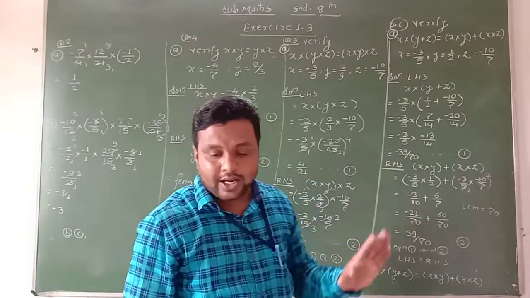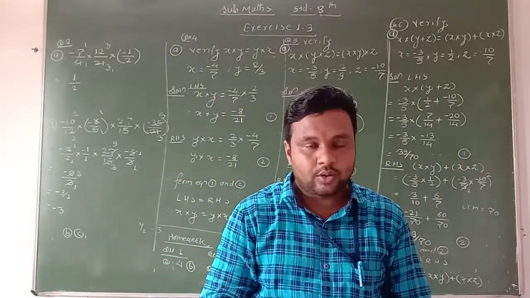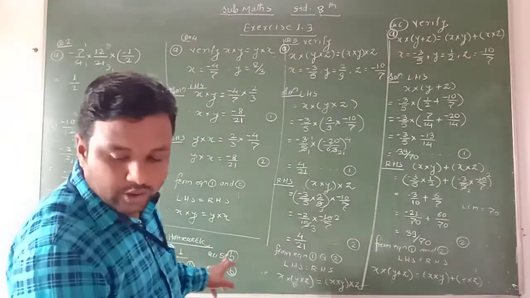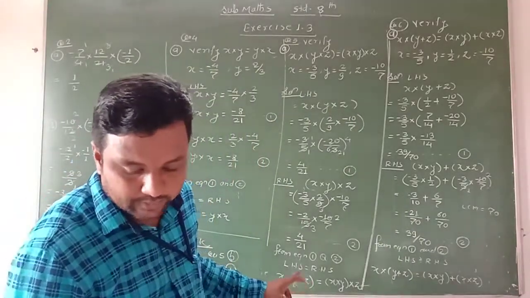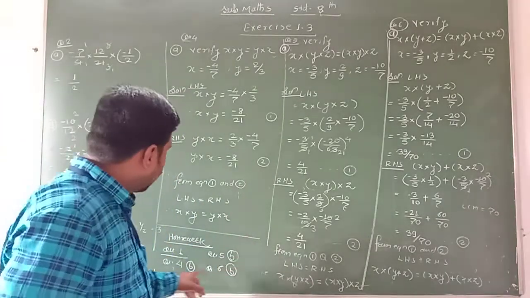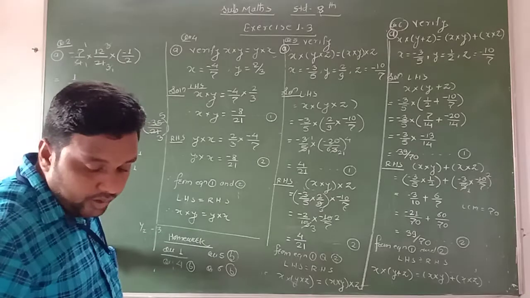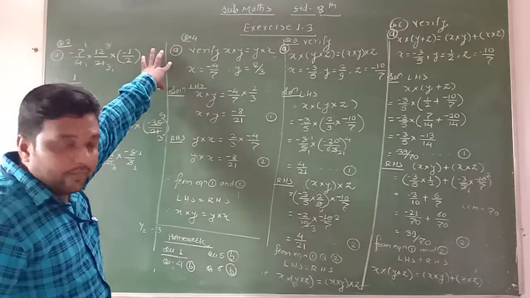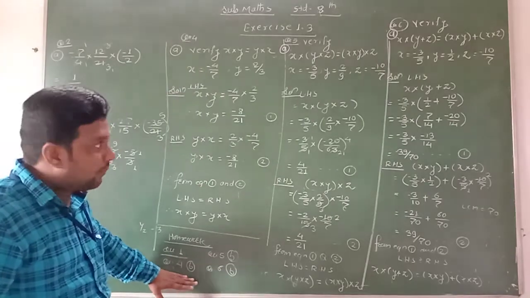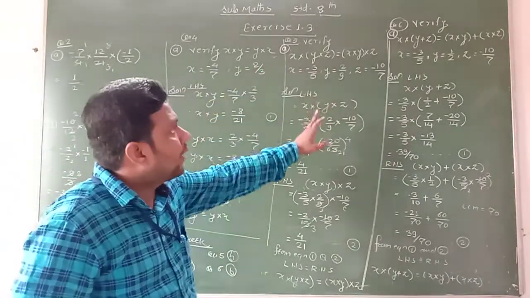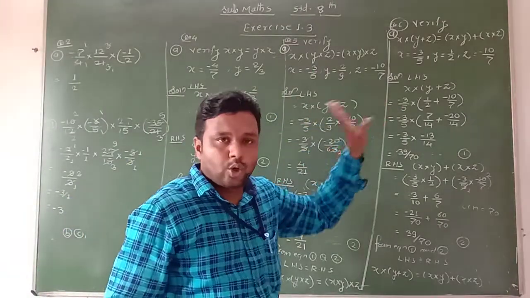Students, I hope you understand all these questions. Now note down your homework. Question number 1, tick the correct answer is given. That we have to complete. From question number 2, B and C you have to complete. Question number 4, A is already done. Then B you have to complete. Similarly, from question number 5, B you have to do, and from question number 6, B you have to complete.